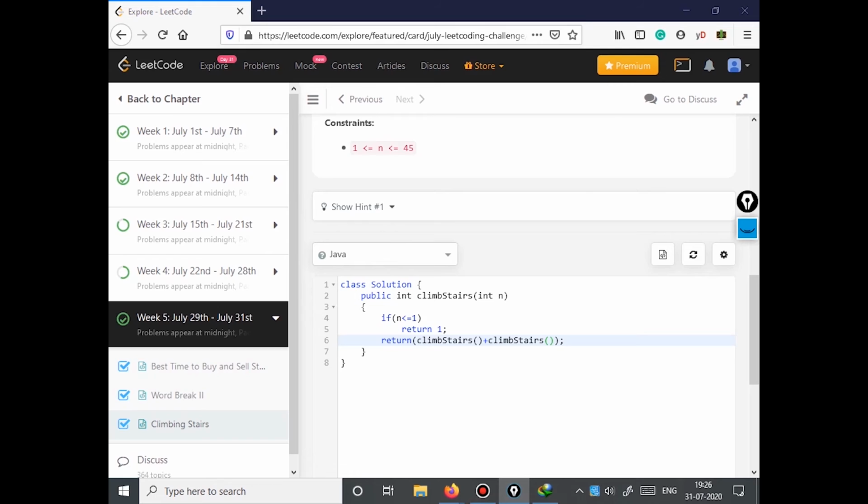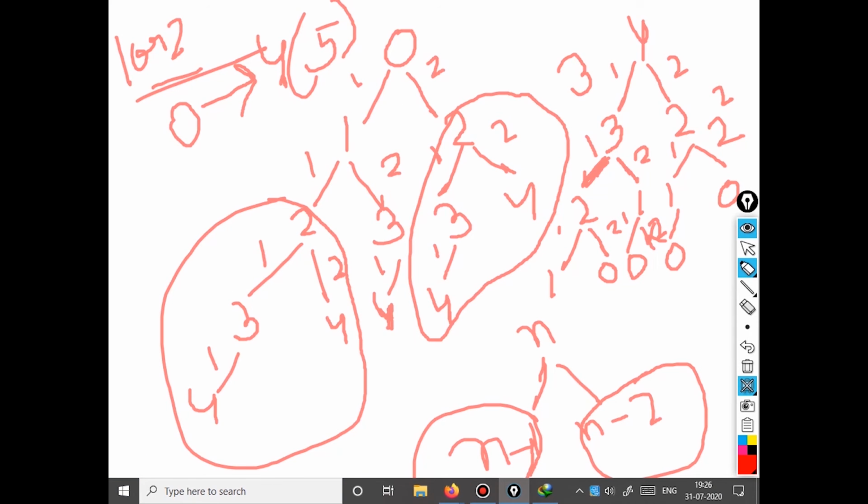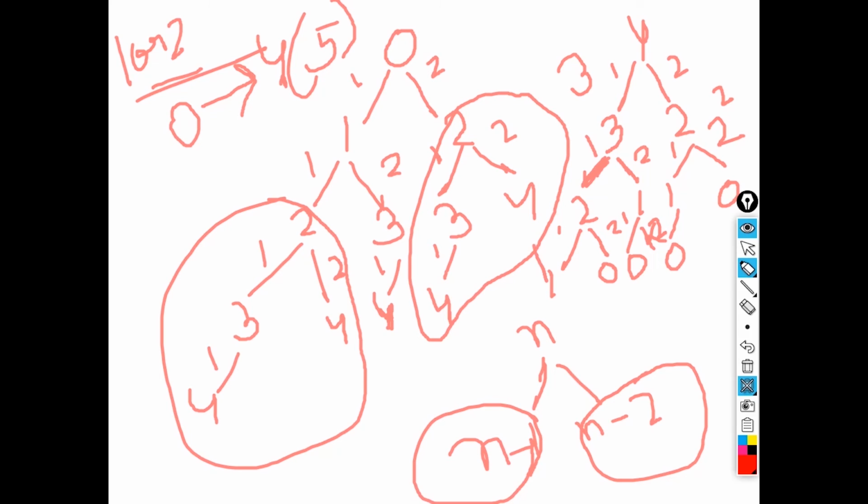For 4, it is dependent upon 3 and 2. So 4 can be reached in the number of ways we can reach 3 and 2, the summation of these two parts, and for each and every n we have to do this until the value is equal to 1. When it is equal to 1, we return 1, and we'll keep on returning these values.